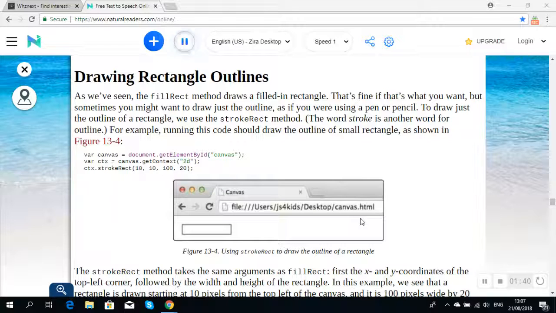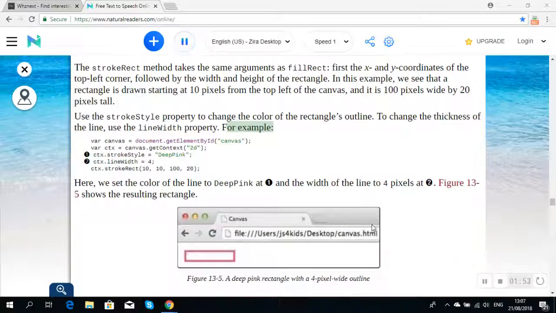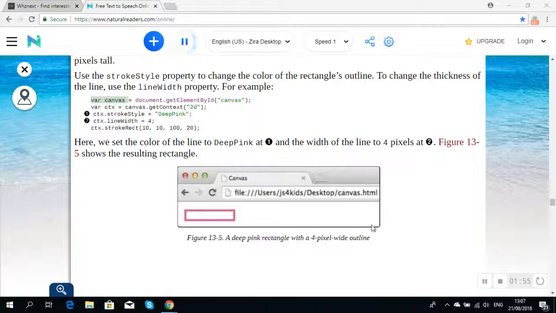Use the strokeStyle property to change the color of the rectangle's outline. To change the thickness of the line, use the lineWidth property. For example, var canvas = document.getElementById("canvas");